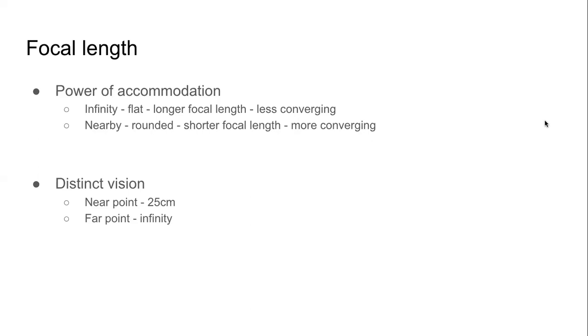And related to this power of accommodation is something called as the distance of distinct vision. Vision means देखना. Distinct means clearly देखना. There is a point, अगर उससे ज्यादा हम अपने आंखों के पास कोई चीज रखेंगे तो हमको दिखेगा नहीं. And that point is called near point. For human eye, for average human eye, that point is 25 centimeters. 25 सेंटीमीटर से पास में रखेंगे तो हमको बहुत कोशिश करनी पड़ेगी देखने के लिए, हमको स्ट्रेस करना पड़ेगा अपने आईज को.